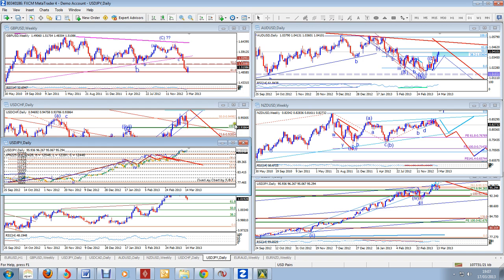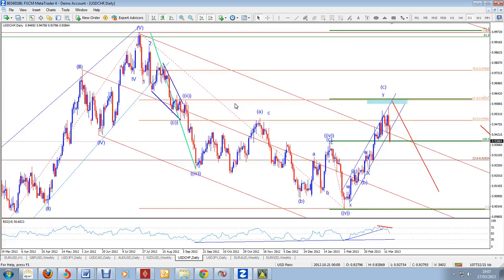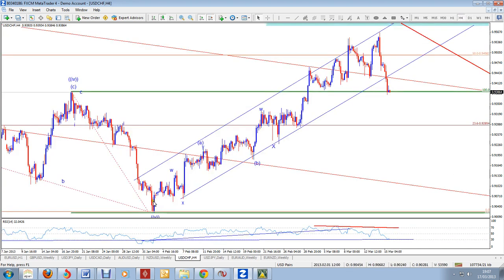So in these US dollar pairs, the first one we look at is the dollar Swissy. Dollar Swissy, just the same as the dollar index, currently has been in an uptrend. We had this big pullback, and what I suspect will be happening is that we've got wave A, B, W, X, and I was expecting that as a Y. I can't label any of these as a 1, 2, 3 because the waves are just too overlapping. So W, X, Y to use wave A, or it might be W, X, Y, X, Z.